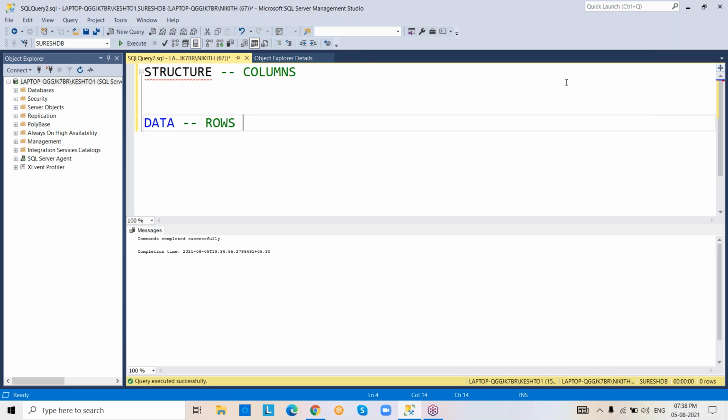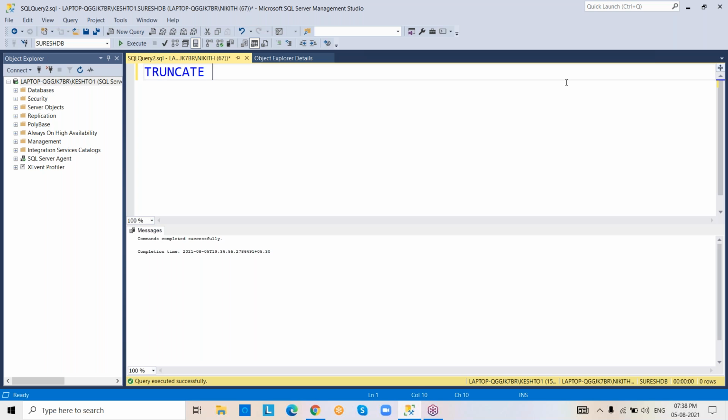Actually, we created only the structure of the table. There is no data, right? Because we have not inserted data here. What we did, we just created only the structure of the table. Okay, fine.